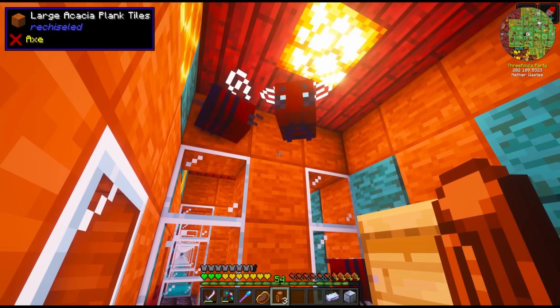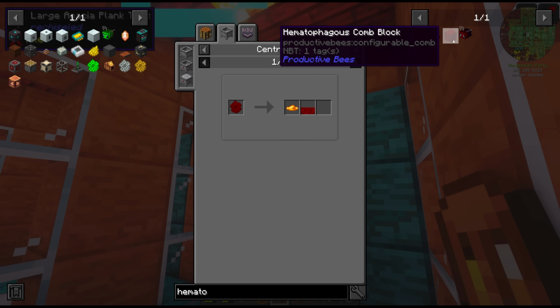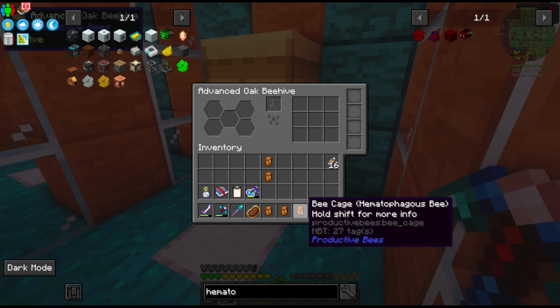Yeah, I think we're gonna have to evict these Hematophagus bees. They are supposed to give us life essence, but it seems that they don't have a flower block here. And I thought they would work with nothing, but they've actually been producing us nothing. So it's better that we have the...